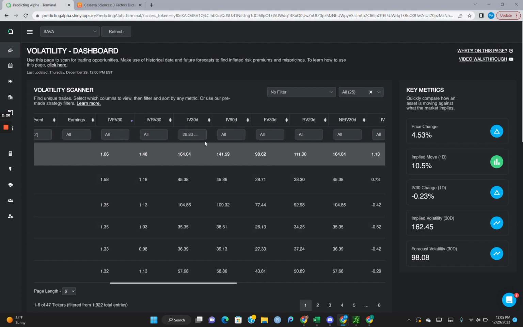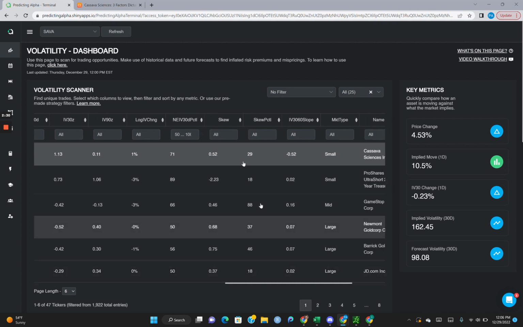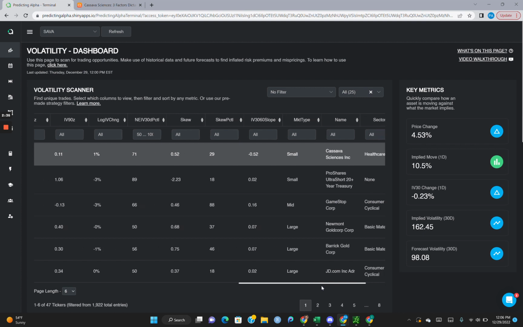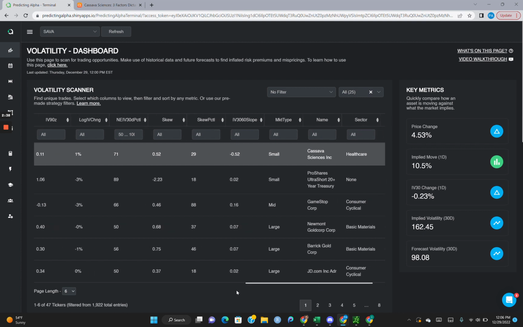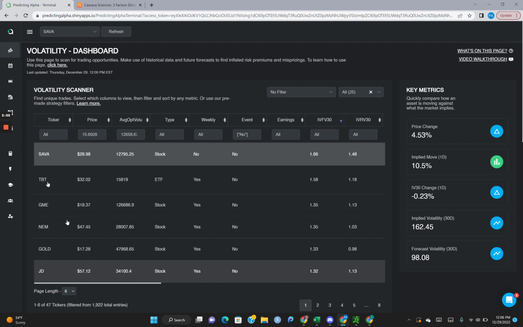So going through that, next we have the IV30 above 26. Basically, we don't want to be selling vol on something that's implying like 6%, right? There's not a lot of juice in there. It's not a whole lot of bang for our buck, so to speak. We also want a non-event IV30 percentile above 50 because, relatively speaking, you do not want to be selling something, usually, when it's extremely cheap relative to what it's usually at, right? So once we have all those factors put into play, you're going to notice that one of the first things that come up is a, air quote, small cap, Cassava Sciences, right?